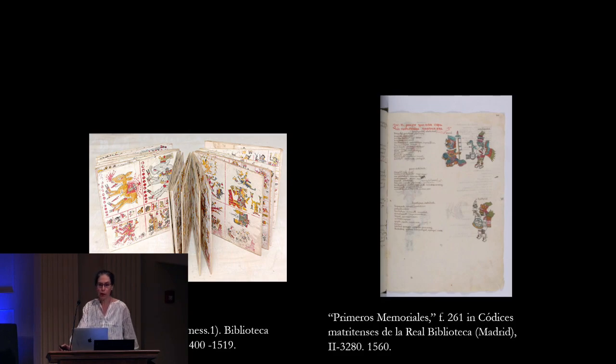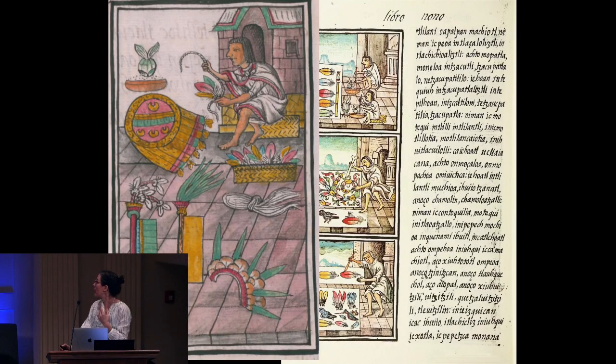But I want to focus a bit more fully on why the exact mode of description that we see in the Florentine Codex. And I think for that, you have to look at the relationship between Book 1 and Book 2 of the Florentine Codex, which focuses on gods and religion, and then Book 11, which is on natural history. So what we see here is an early draft of Book 1, which is focusing on different gods, a very rough kind of copy of the section of the Tonalamatl, which is showing the different gods.